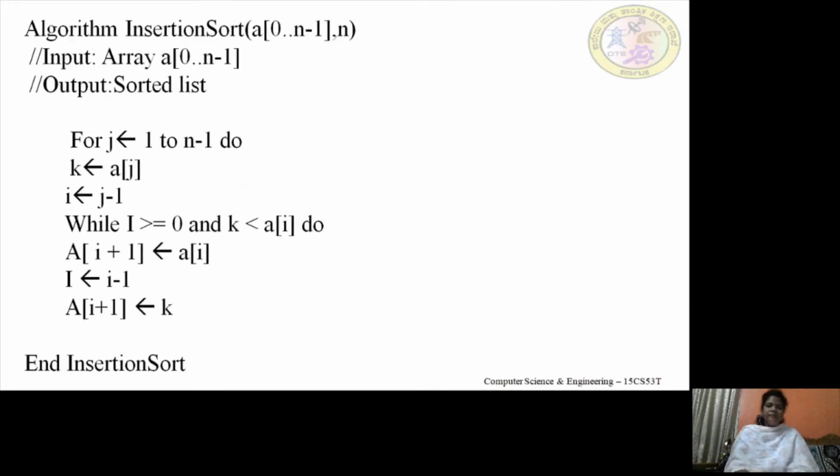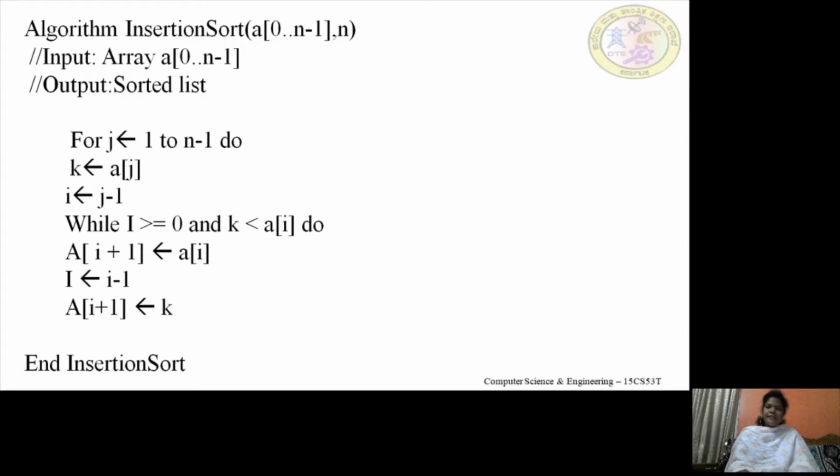Here once again I have mentioned the algorithm for insertion sort. As we said in the previous session, I consider an array A from 0 to n minus 1 with size n. The input is an unsorted array and the output is always a sorted list. I have used a for loop and a while loop.